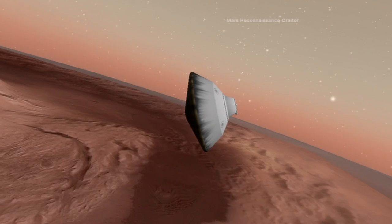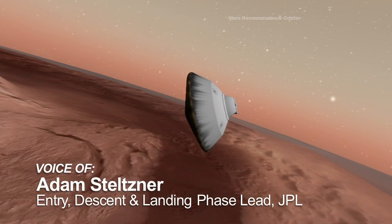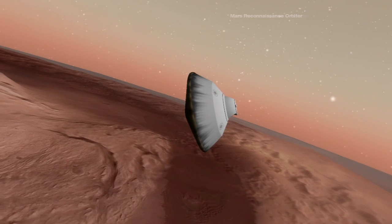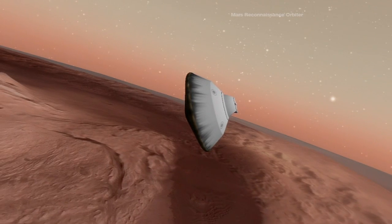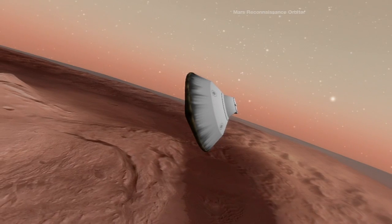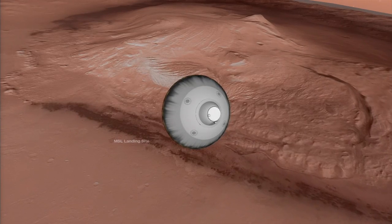Right now, we're a few seconds before parachute deploy. We're coming up on our suffer maneuver. That stands for straighten up and fly right. All the swinging cats in the team love a little Nat King Cole and Frank Sinatra, and that's a favorite song of ours. Here you're seeing us moving a little over 1,000 miles an hour, and we're just getting ready